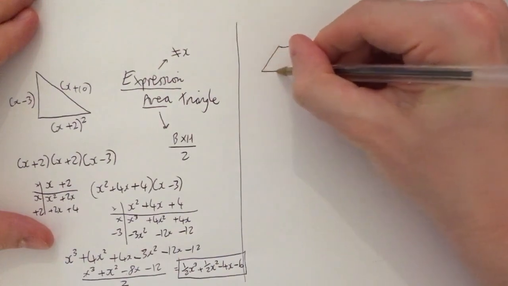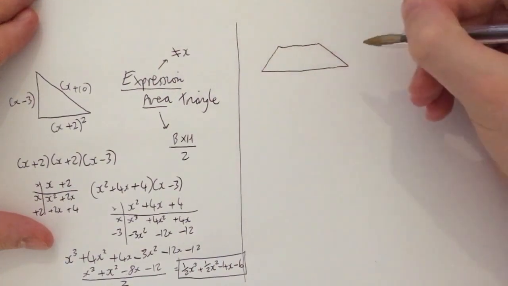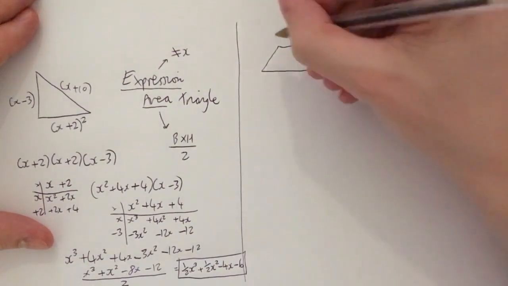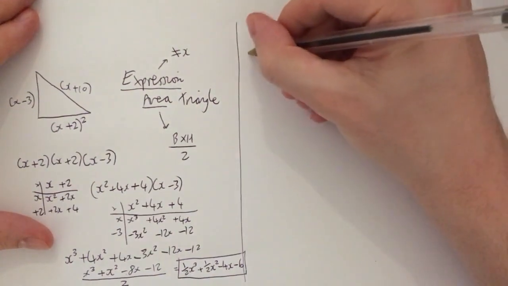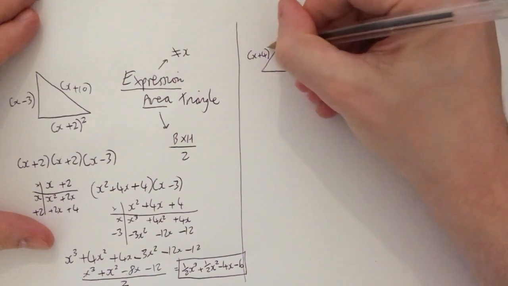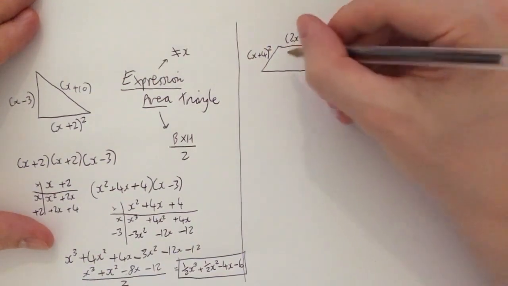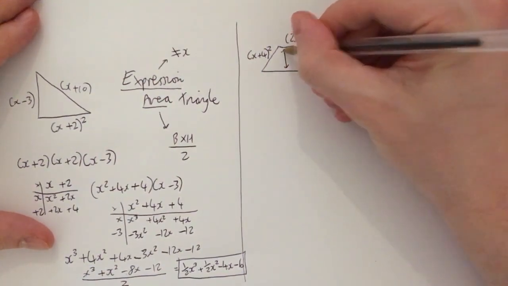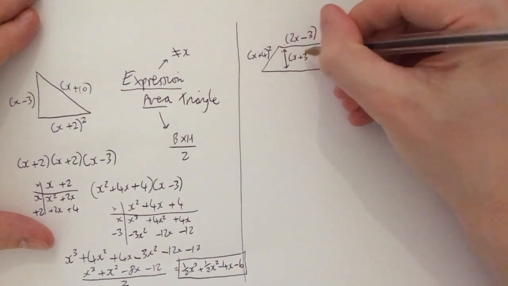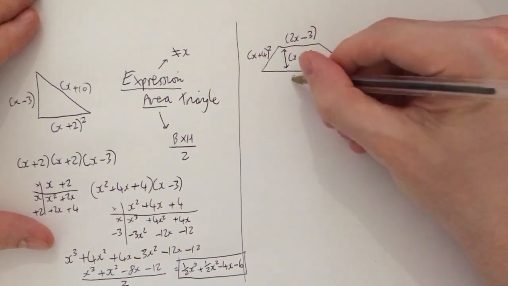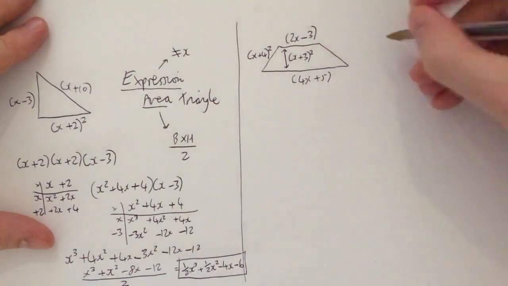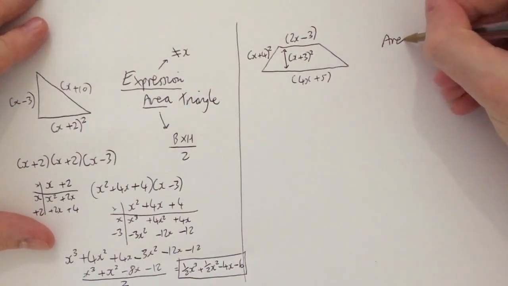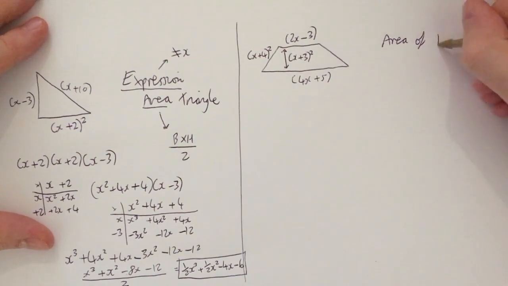So straight away, when you see the shape here, you need to think trapezium immediately. Now they'll give you that. They tell you that this here is (x + 4) squared. They tell you that this here is (x + 3) squared. And they tell you that this here is 4x + 5. Okay, now they say they want the area of the trapezium